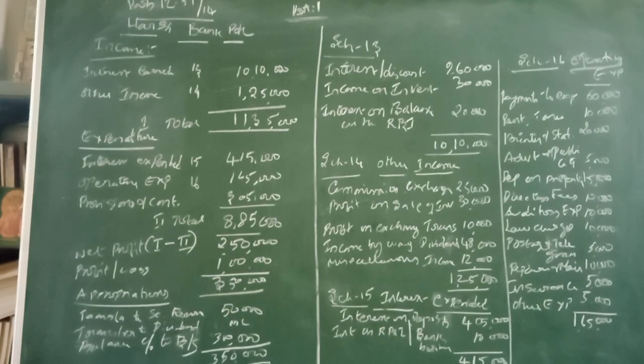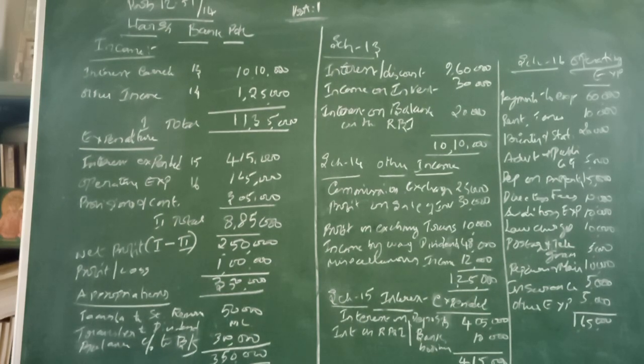Coming to problem number 14 on page number 12.51, this is the information given in the books of Harsha Bank Limited. We are required to prepare the P&L account. Let us go through the available information one by one. First one,